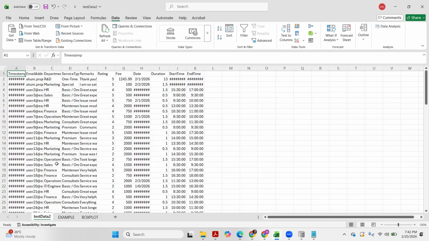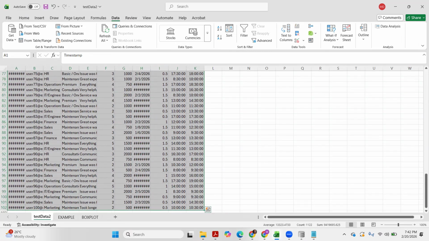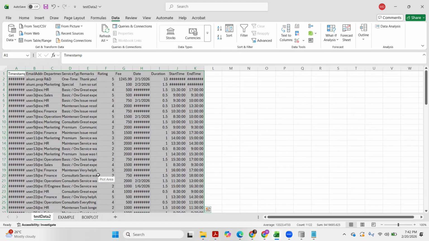Once we have this table, this data set doesn't look nice. It's very bare, very scratch. It looks like a raw table.